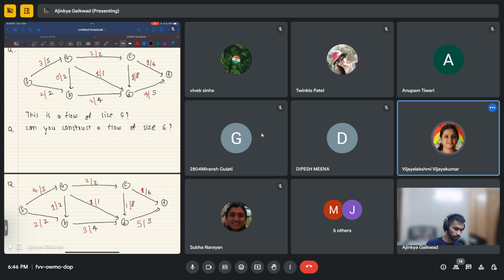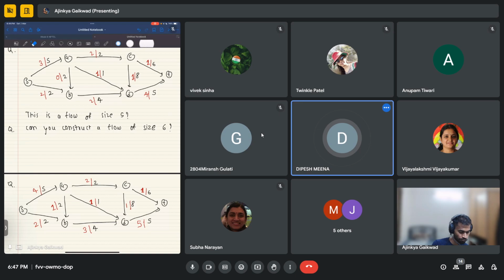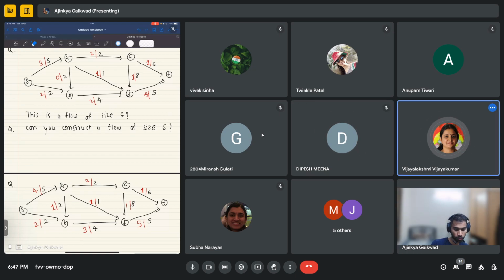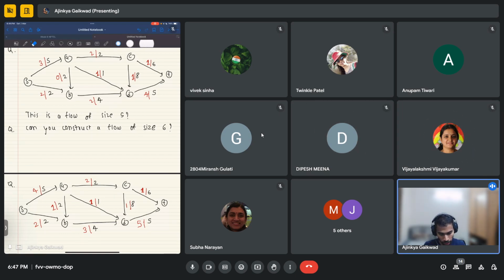No, not possible. Okay, so let's see. If you think it is possible, what things would you want me to change here? It is not possible because if you change it to 5 from S to A, then the outgoing from A cannot be. You can change AB, right? There is a problem at the D vertex, sir. Yes. So let me save some time. I am running low on time. So you are right. There is no